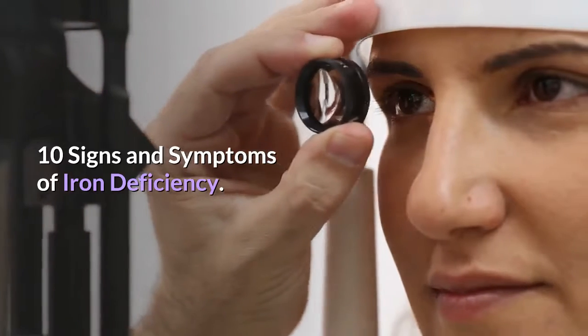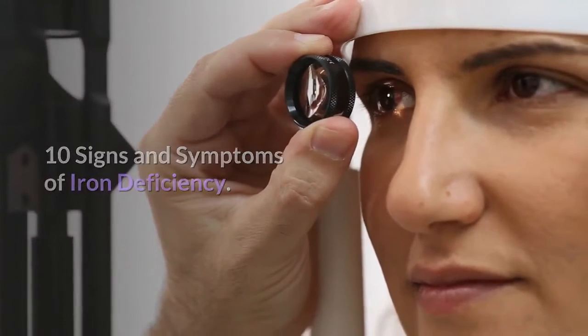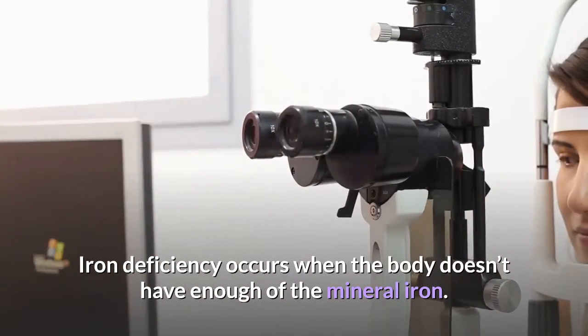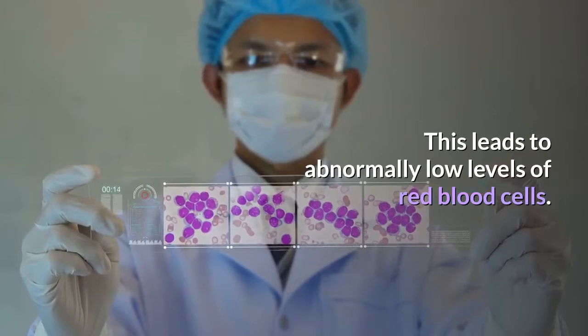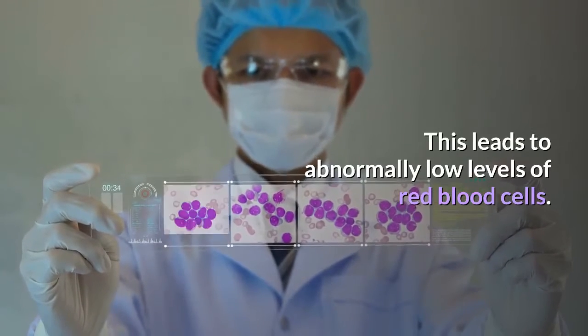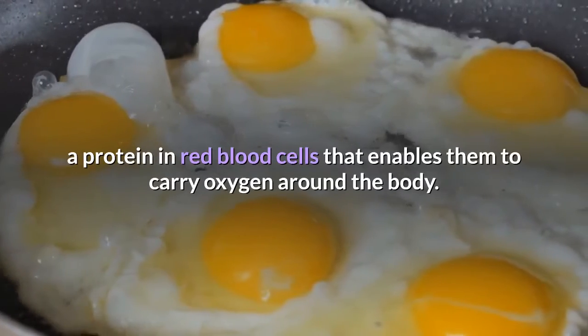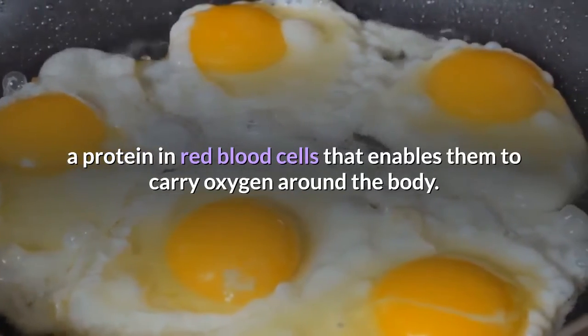10 signs and symptoms of iron deficiency. Iron deficiency occurs when the body doesn't have enough of the mineral iron. This leads to abnormally low levels of red blood cells. That's because iron is needed to make hemoglobin, a protein in red blood cells that enables them to carry oxygen